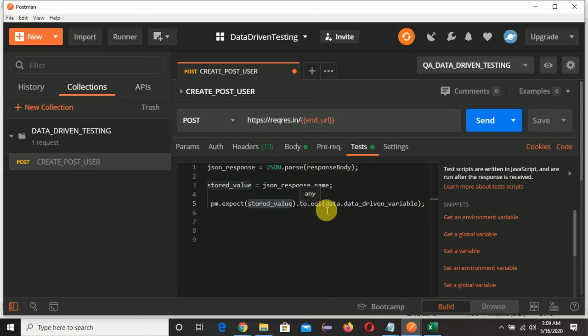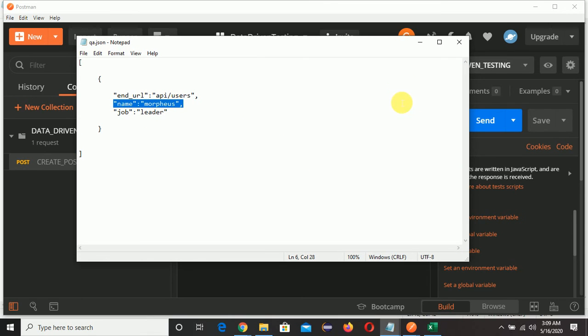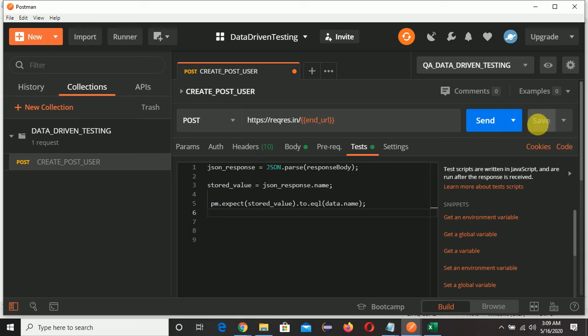Now to.equal data.name. I will tell you why. If you want to fetch the record from the JSON file into our test, we need to use data here. So data.name. Name is nothing but Morpheus here. Now we will save it.